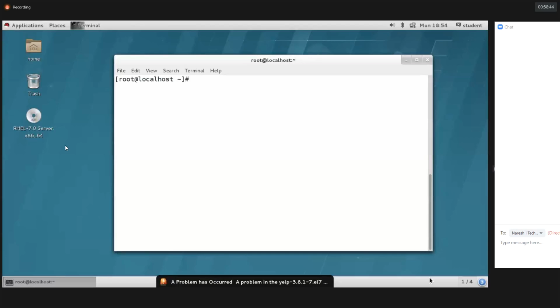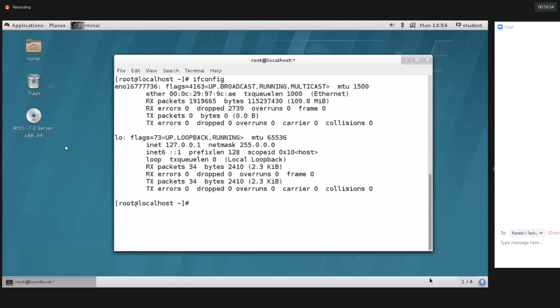So let's see, guys. You know very well about the ifconfig and ip addr commands to know the interface details. Run ifconfig, then hit enter. How many interfaces do we have? Interface means NIC card, guys. So this is my NIC card profile name,